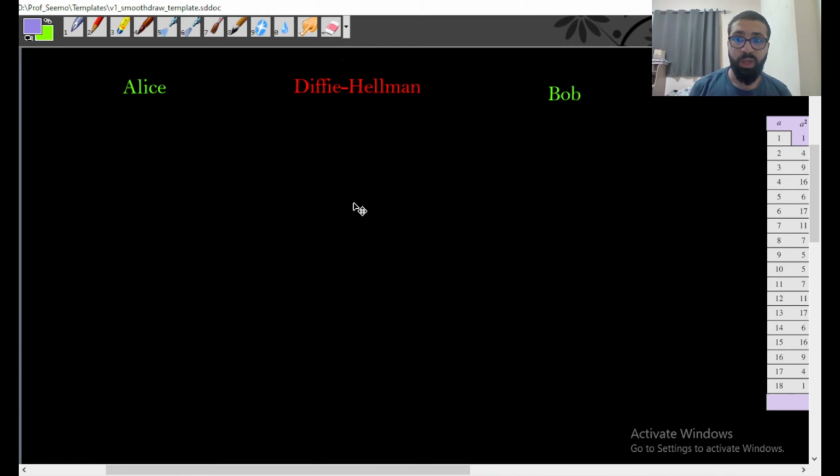So let's start. Alice and Bob will first start by agreeing on two variables, let's say A and Q, where Q is a very large prime number and A is a primitive root of Q. What does it mean for A to be a primitive root of Q? Let me show you this. It means that A to the power of some number K is congruent to